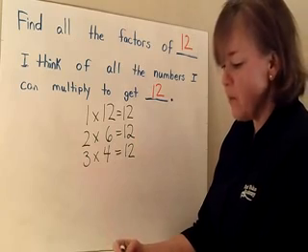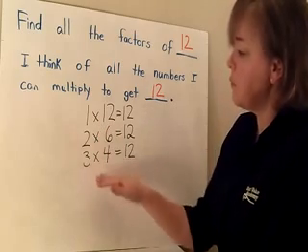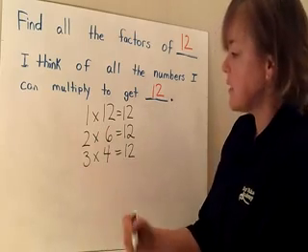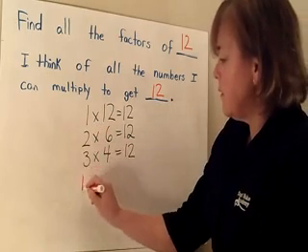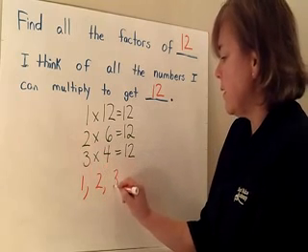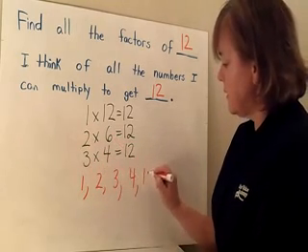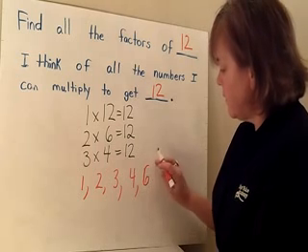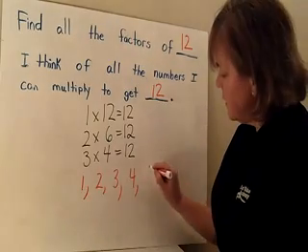I can't think of any more numbers that I can multiply together to get 12. So these would be all of my factors of 12. So let's just list them in order. We'll start with 1, 2, 3, 4, 6, whoops. I'll do that over, okay. 6,